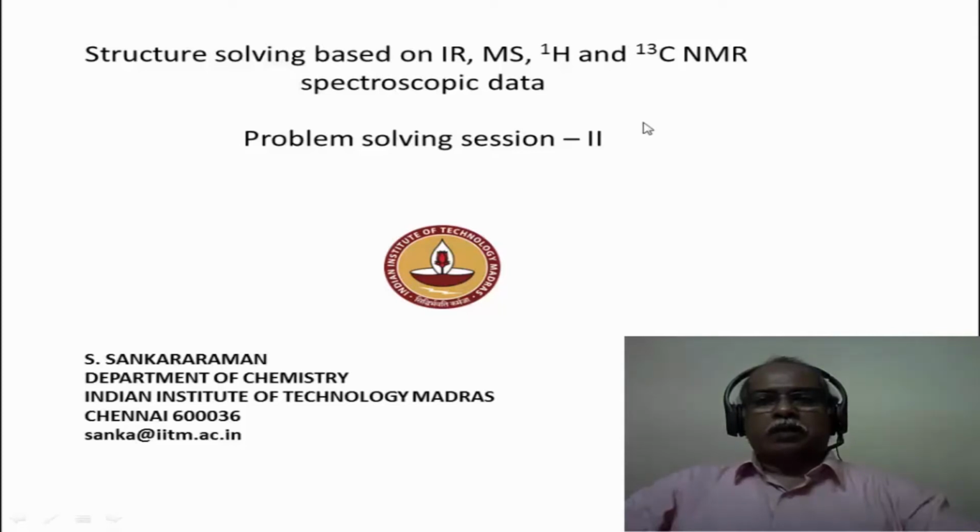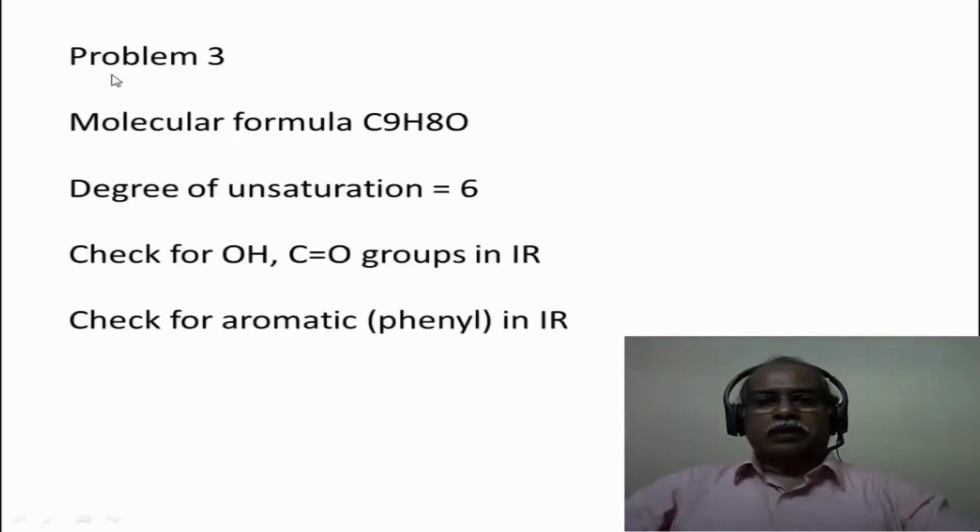some simple organic molecule. I always start with the interpretation of infrared spectrum because it's my favorite spectroscopy. It is not necessary that one should start with infrared spectrum. One can always start with either proton NMR spectrum or mass spectrum or carbon-13 spectrum, whichever one that you feel convenient. Extract the information out of that particular spectroscopic data.